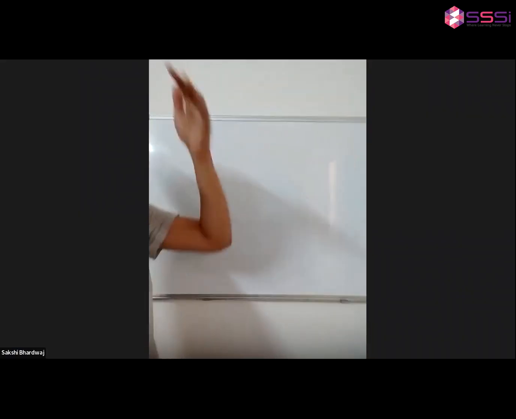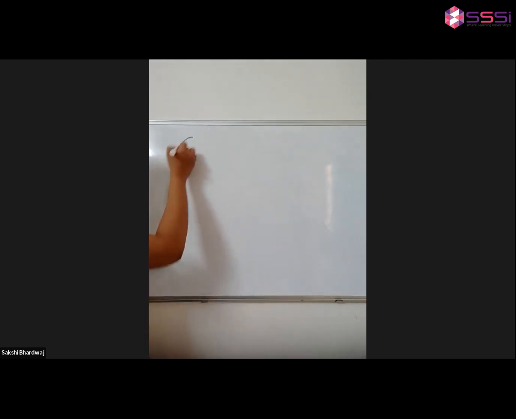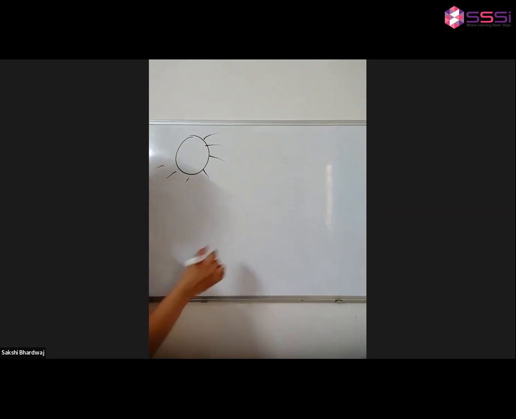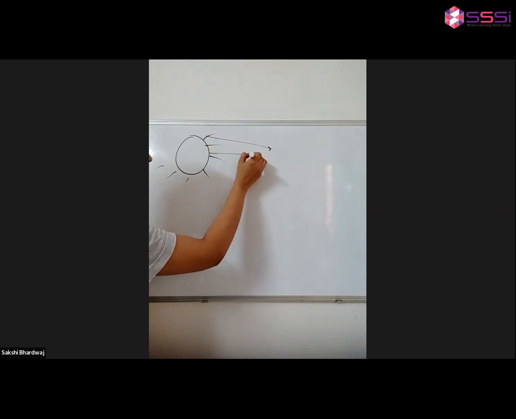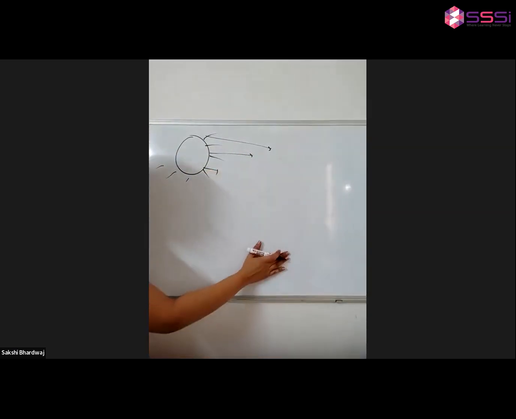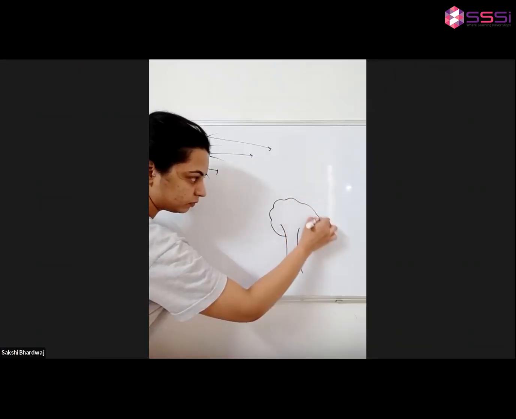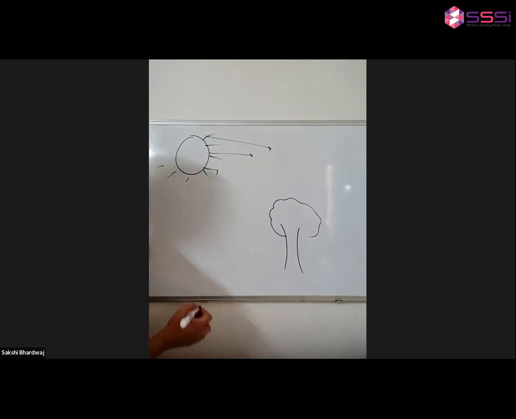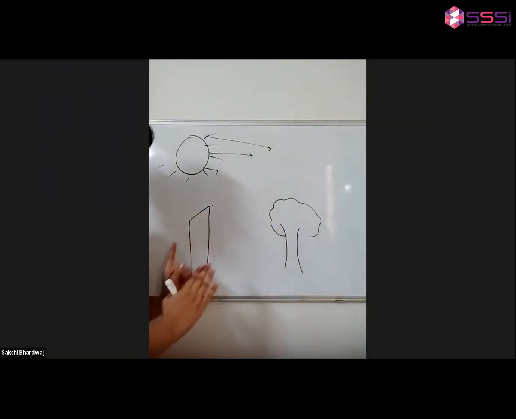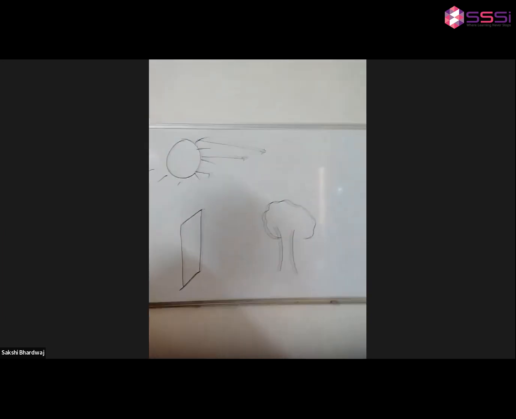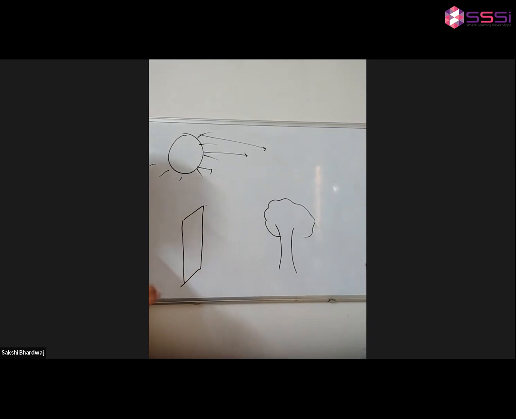Okay. So Harshika, let's say this is the sun. The light always travels in a straight path like this, in all directions. And here is our earth. Here is your tree, and here is your glass sheet. This is transparent, this is opaque. Why is this transparent and why is this opaque? Because of light. Let's see how.